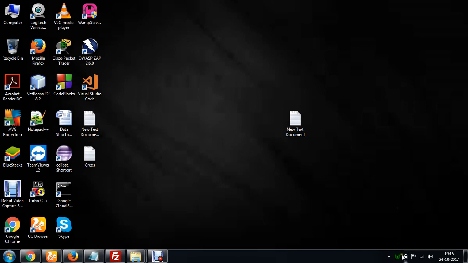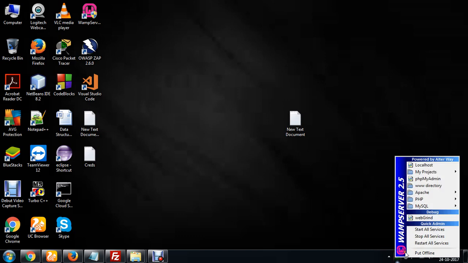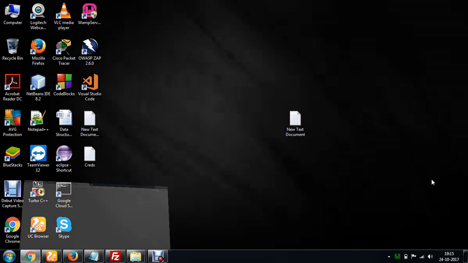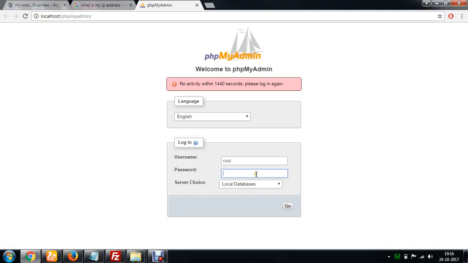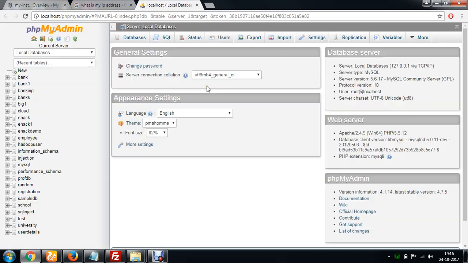The green symbol of WAMP indicates that it is now online. So I'm going to use phpMyAdmin. Let's log in first. Now you can see that phpMyAdmin is currently connected with your local databases, meaning it is working on our local machine.